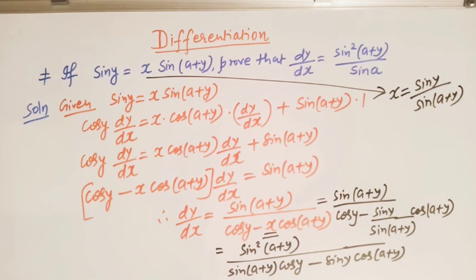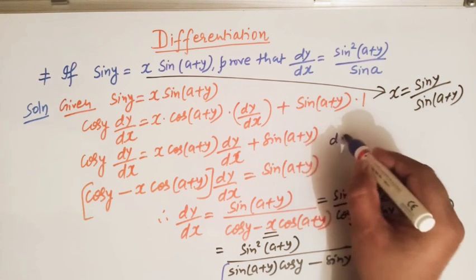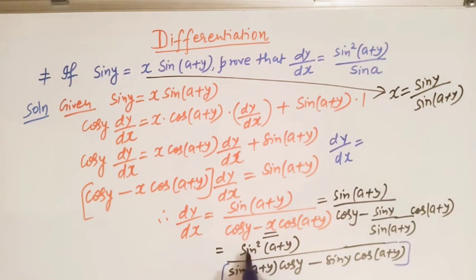Now here we see that we have dy over dx is equal to sin square